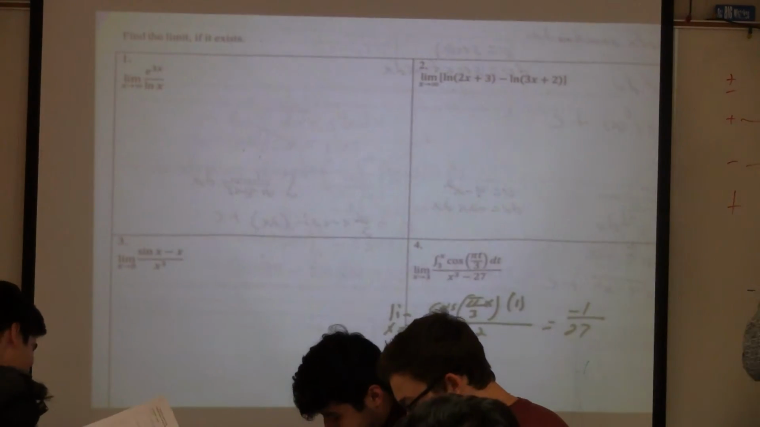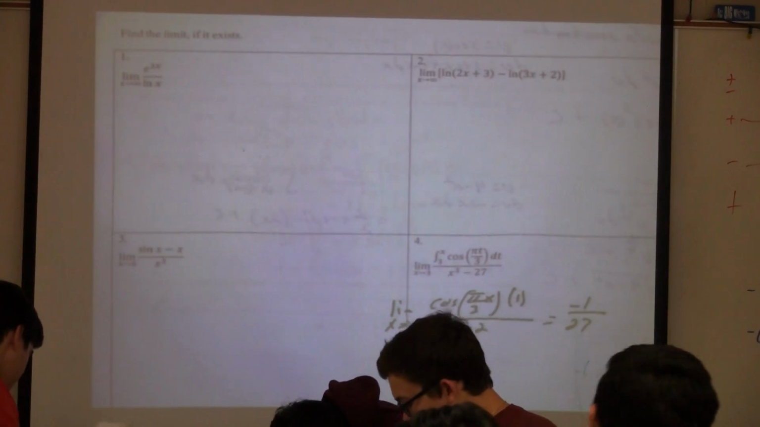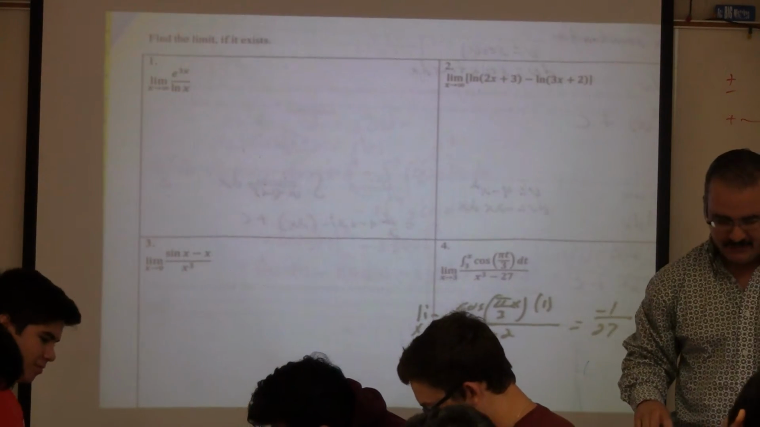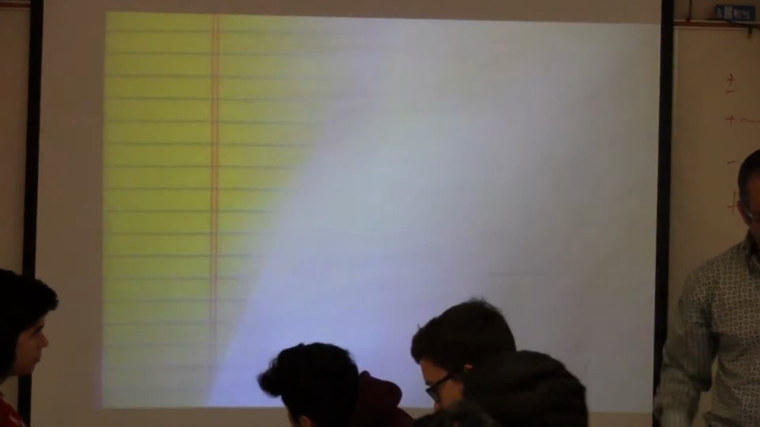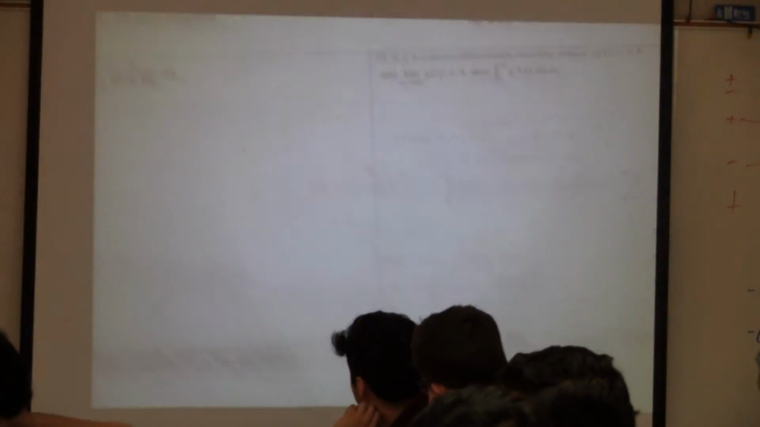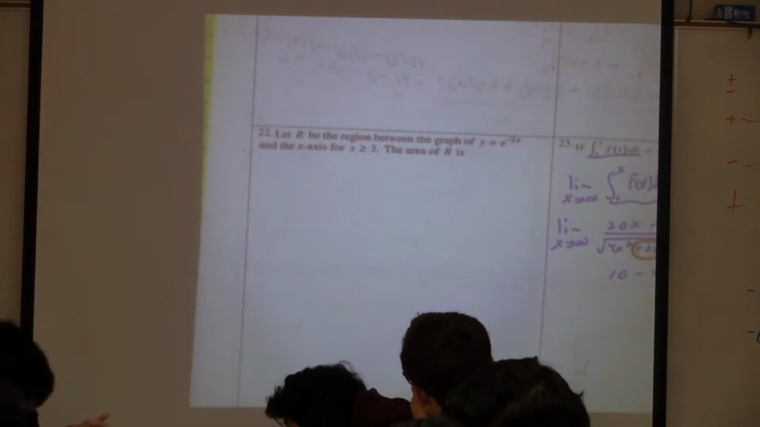Alright, so today we have the review. If you have any questions that need to be answered, make sure that you're ready for the test tomorrow. Top 10 review questions. Alright, so let's start off with 22. Top 10 review questions. 22 says, let R be the region between the graph of y equals e to the